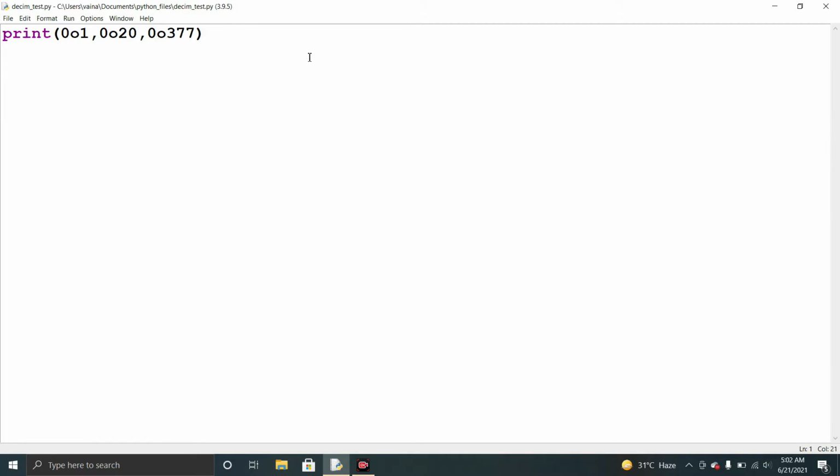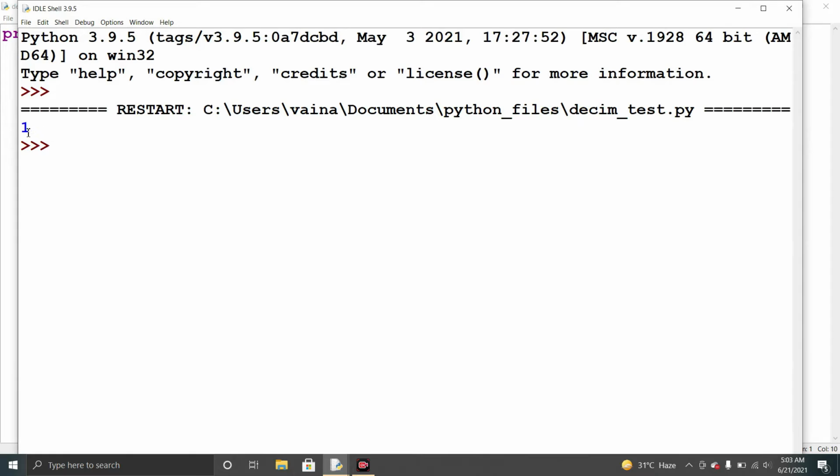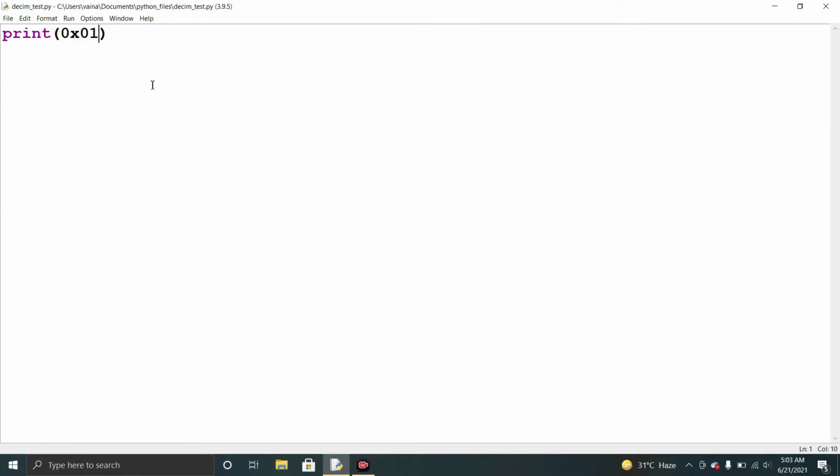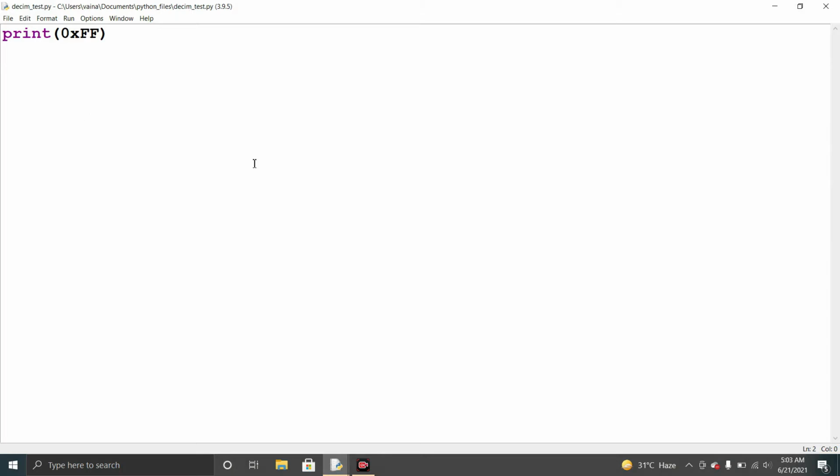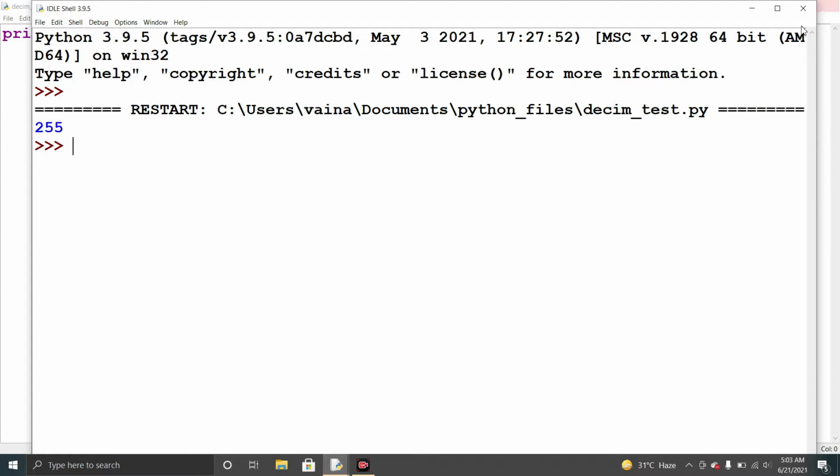And similarly it is the same for the hexadecimal numbers. Hexadecimal is represented by the symbol x, and when we run it we get the converted number like 1. And if we give the input like 0xff, so we give the input as hexadecimal and we get the output as integer 255.